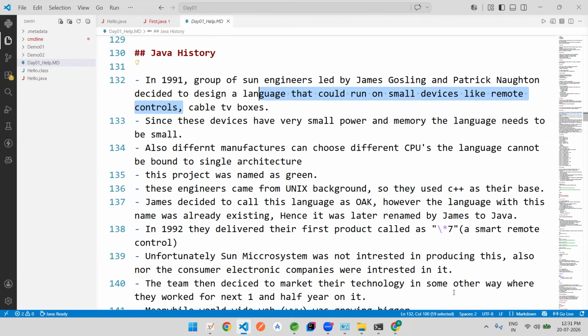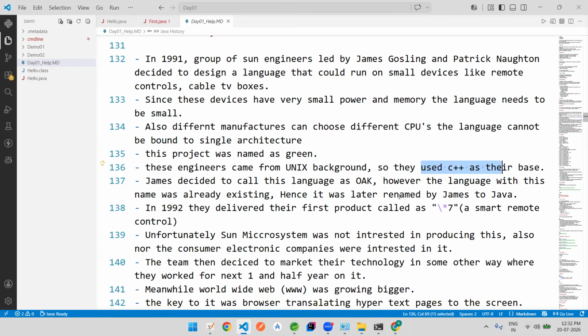तो उन्होंने कहा कि चलो फिर भी इसके ऊपर कुछ तो काम करते हैं, लेट अस वर्क ऑन इट। एंड फाइनली, क्योंकि ये सारे इंजीनियर्स जो थे वो यूनिक्स बैकग्राउंड के थे, सो दे डिसाइडेड दैट लेट अस चूज फर्स्ट ऑफ ऑल C++ एज अ पर्टिकुलर बेस। तो एक बेस पकड़ के लेट अस स्टार्ट वर्किंग ऑन इट। एंड व्हेन दे स्टार्टेड वर्किंग ऑन इट, दे क्रिएटेड देयर फर्स्ट प्रोजेक्ट, उन्होंने उनका पहला प्रोजेक्ट भी बनाया, क्रिएटेड दैट लैंग्वेज, एग्जीक्यूटेड दैट पर्टिकुलर कोड ऑन अ